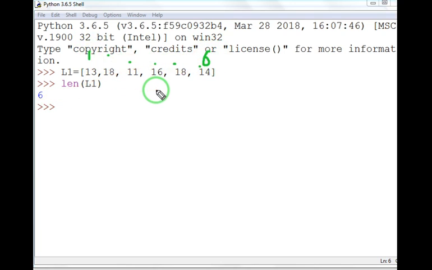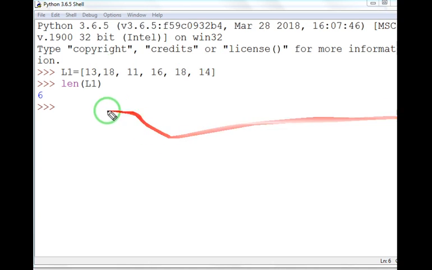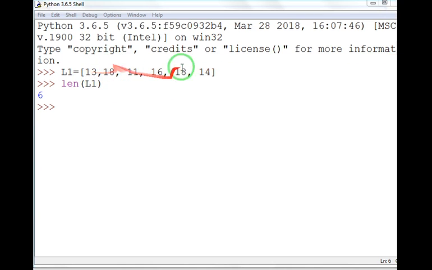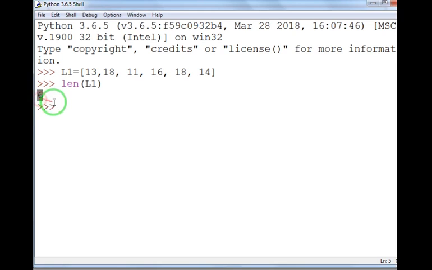Numbering starts from 1, not from 0. But the index number always starts with 0: index number 0, 1, 2, 3, 4, and the last one will have index number 5. So len is used to count the number of elements, and in this case there are 6 elements, therefore it is displaying 6.